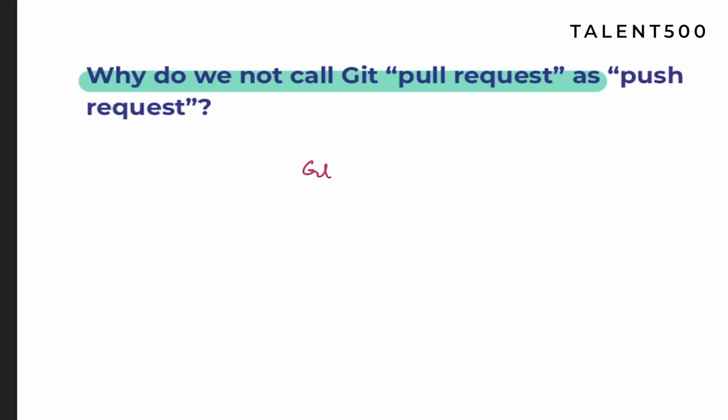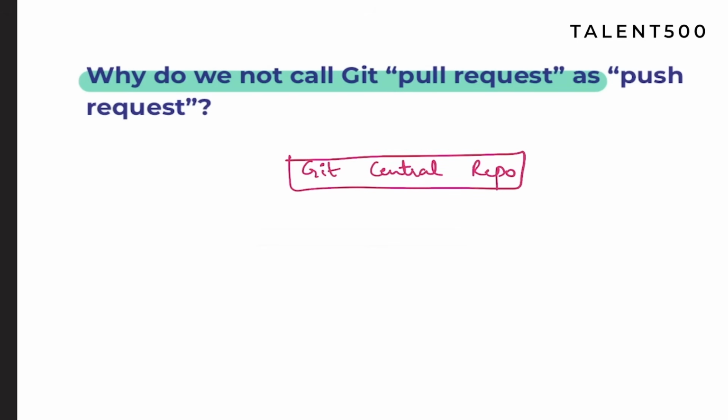So let us say here we have our Git central repository. Okay. Now after this, of course, here we are going to be having our local system, correct?